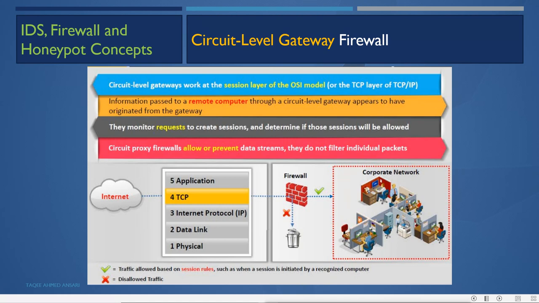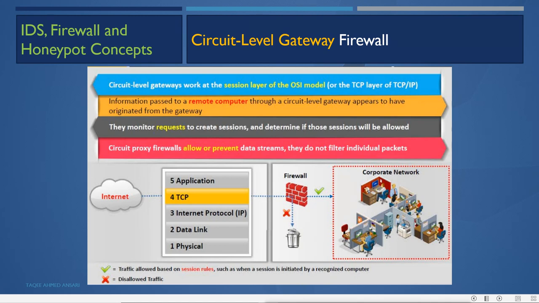The information passed to a remote computer through a circuit level gateway appears to have originated from the gateway. So the remote device will feel like it is coming from the gateway device. They monitor requests to create sessions and determine if those sessions will be allowed. So it manages the sessions.